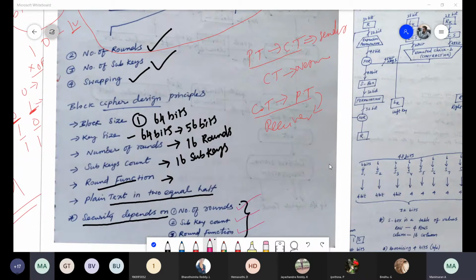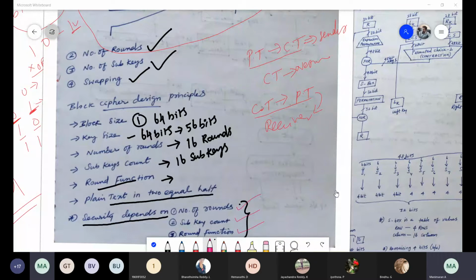This algorithm is very interesting and very easy. The basic encryption algorithm is DES only. Like C programming, when we talk about programming, C is the base for any other programming. In the same way, the DES algorithm is a very basic encryption algorithm in cryptography and network security. That is the reason I am repeating the same lecture again.